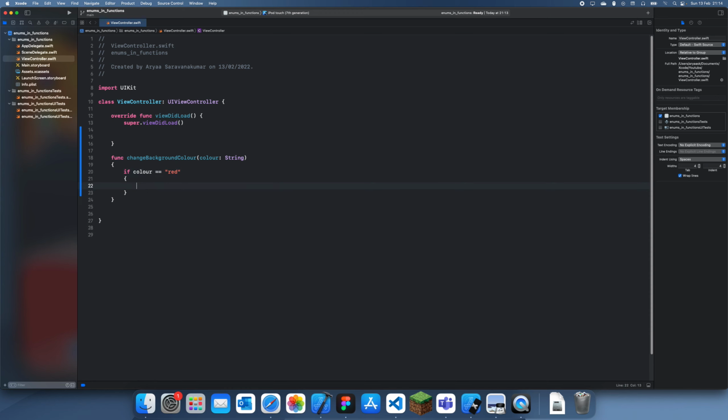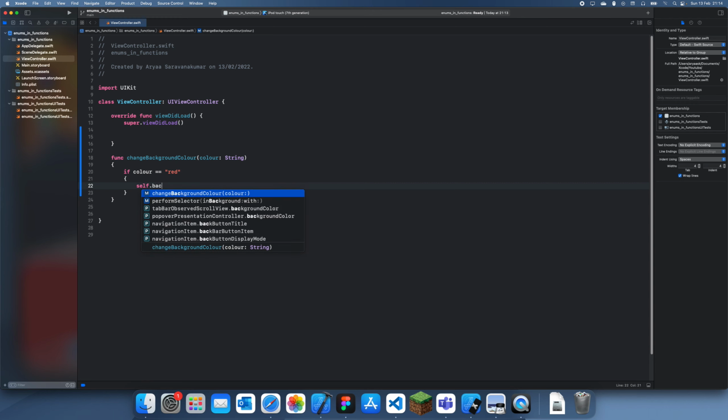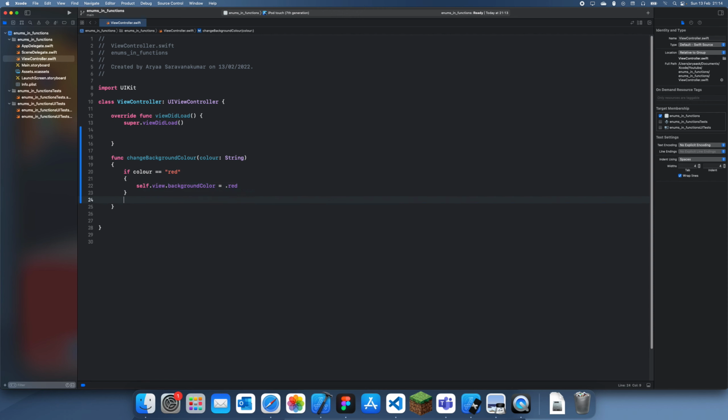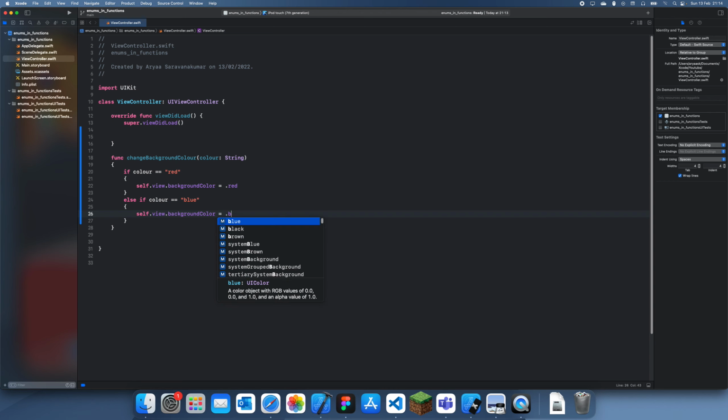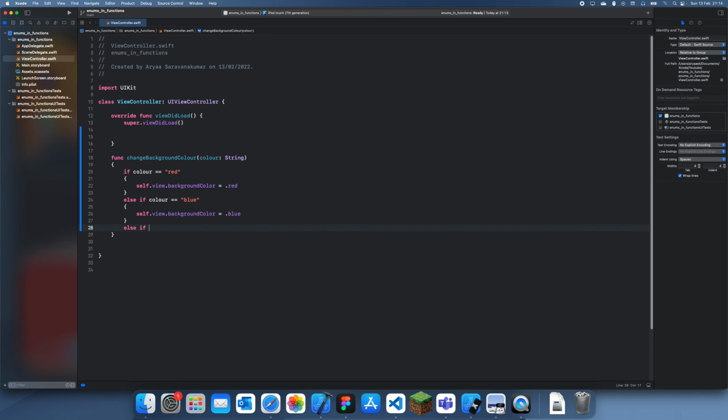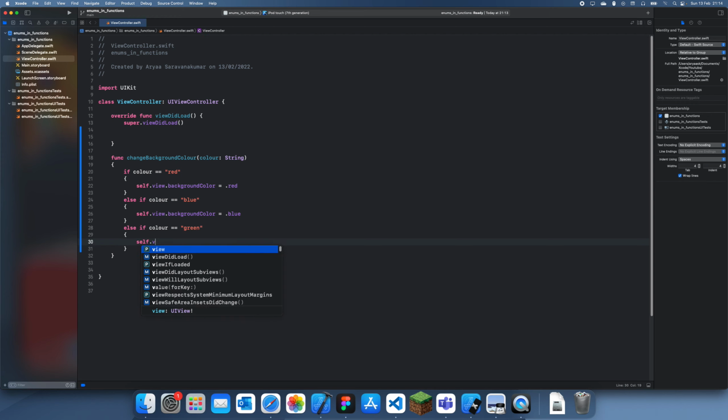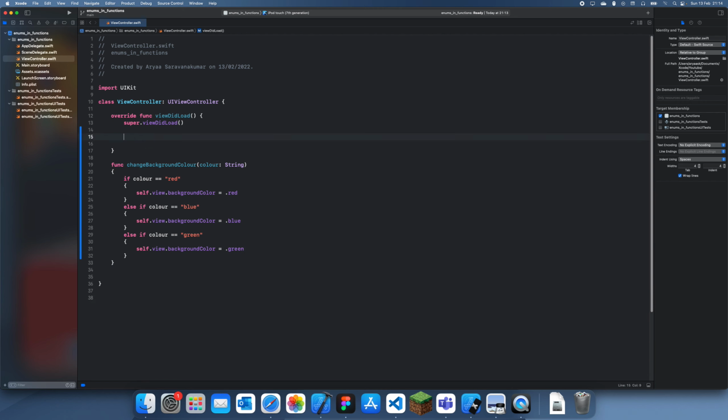If color is equal to red, self.view.backgroundColor equals .red, else if color is equal to blue, self.view.backgroundColor equals .blue, else if color is equal to green, self.view.backgroundColor equals .green. Okay, and then if you wanted to call this function, you'd have to do something like